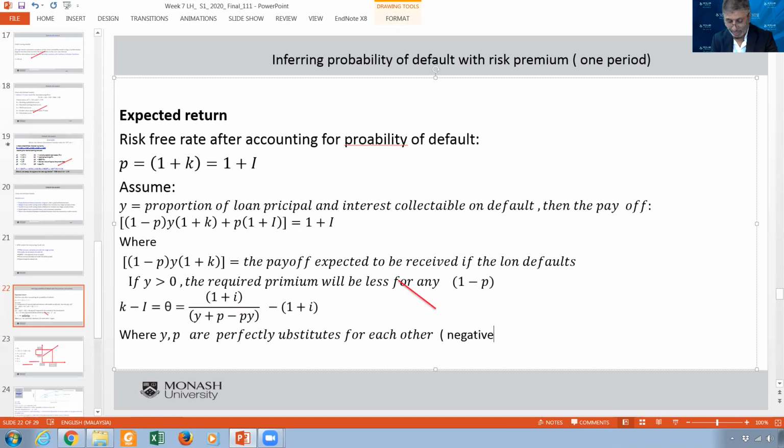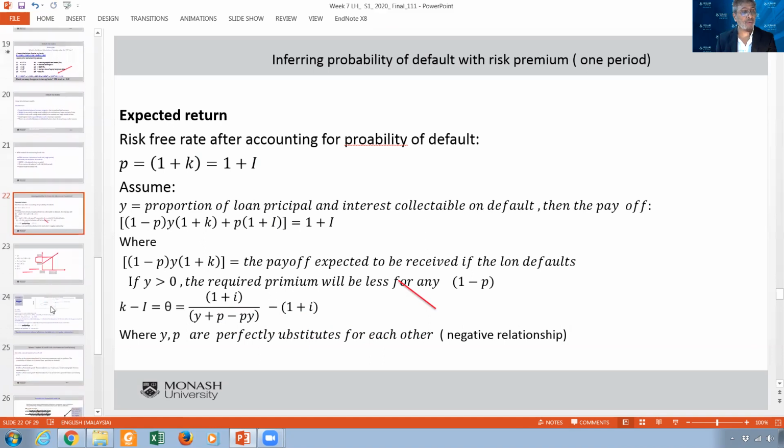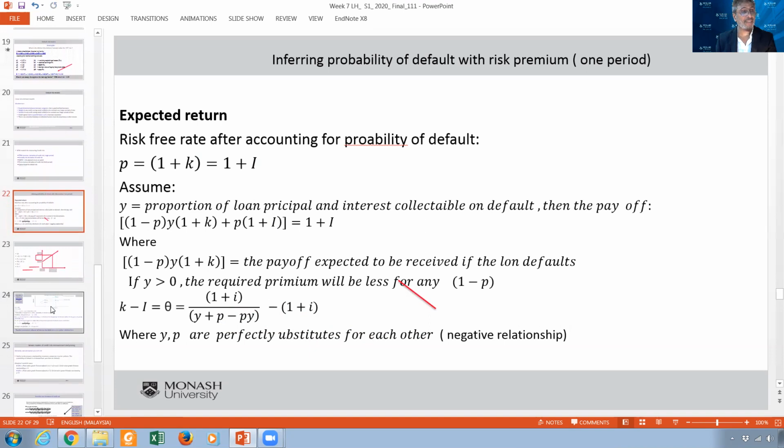This is the most technical thing in this part of the slides. Okay, so having said that, I'm done with this one. So you already know how to calculate the